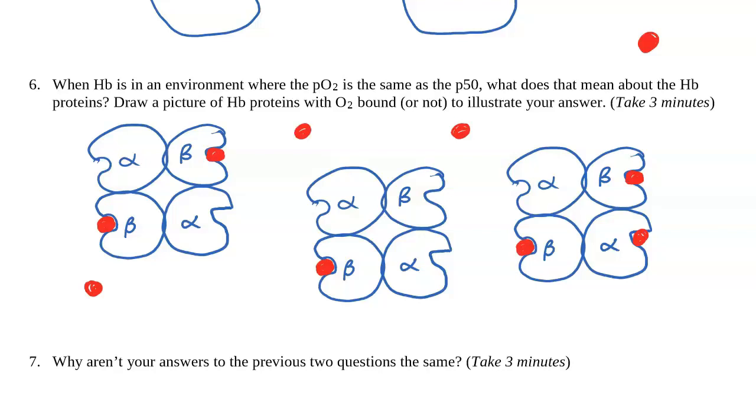So if you didn't have it like that, make sure you add that to your understanding, that the P50 for hemoglobin is about 50% of the binding sites, but that on any particular hemoglobin molecule, it might have 2 or 1 or 3, could even have 4 or 0, right? I could draw 2 more hemoglobins, one with 0 binding sites occupied and one with 4, and that would still meet this description. Why aren't your answers to these questions the same?